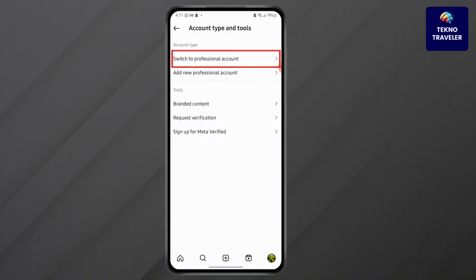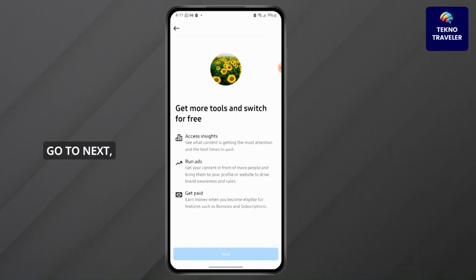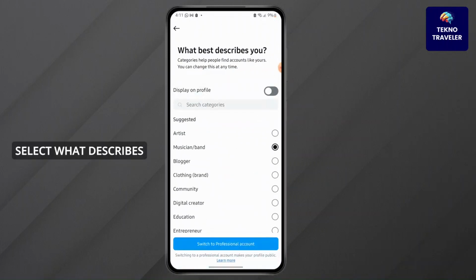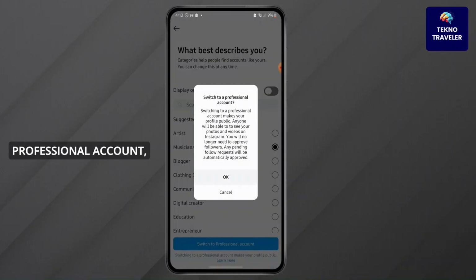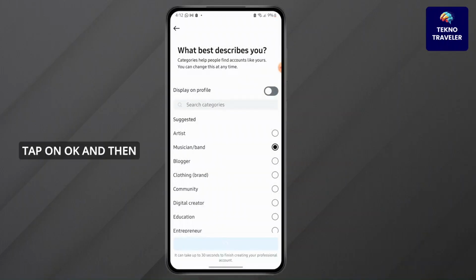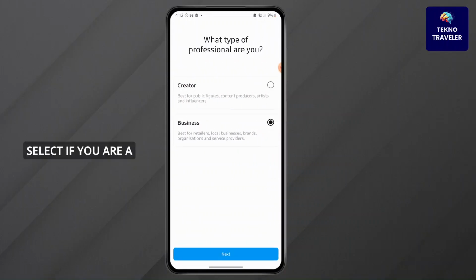Go to there, go to switch to professional account, go to next, select what describes you, switch to professional account, tap on OK, and then once it is verified, select if you are a creator or a business, and I'm selecting business here